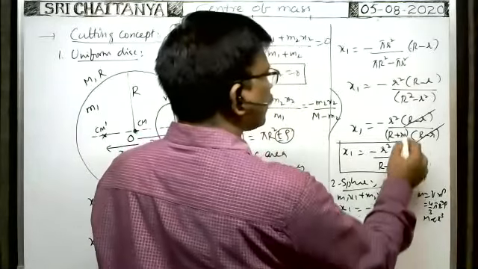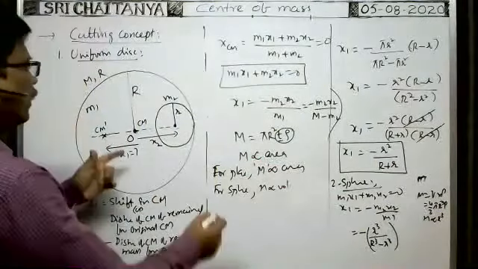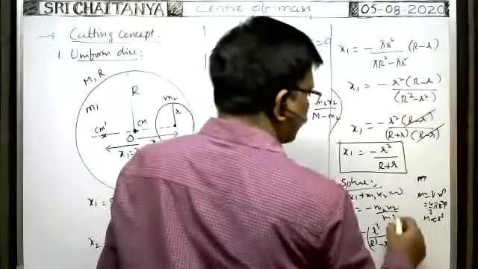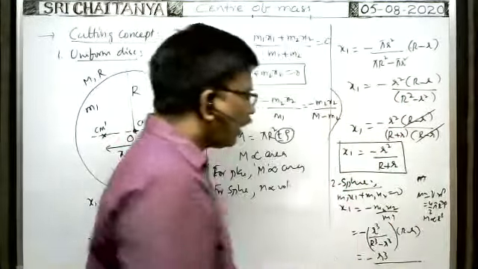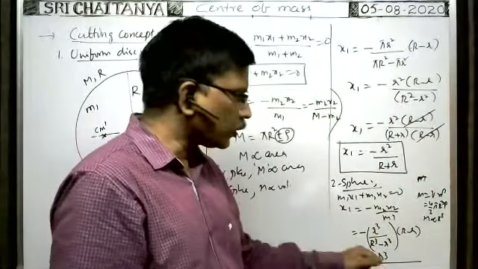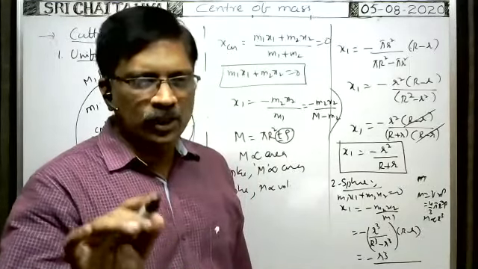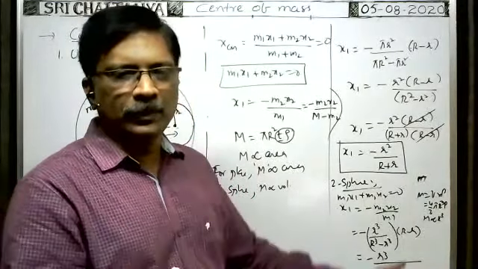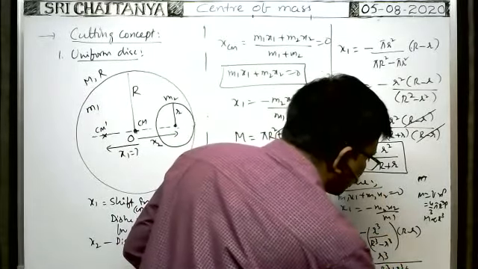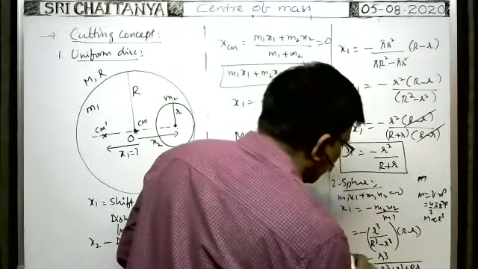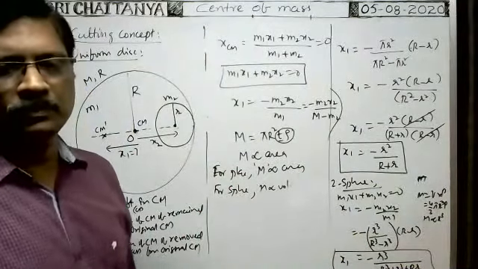That's all. Previously here we had x1, x2 into x2 means same, this only we have to write, capital R minus small r. This is equal to minus small r cube by, how we can write capital R cube minus small r cube, a cube minus b cube is equal to, how we can write, a minus b into a square plus ab plus b square, no? a minus b cancel. So remaining is capital R square plus small r square plus capital R small r. This is the position of center of mass, distance of shift in the center of mass. In this way we have to do.